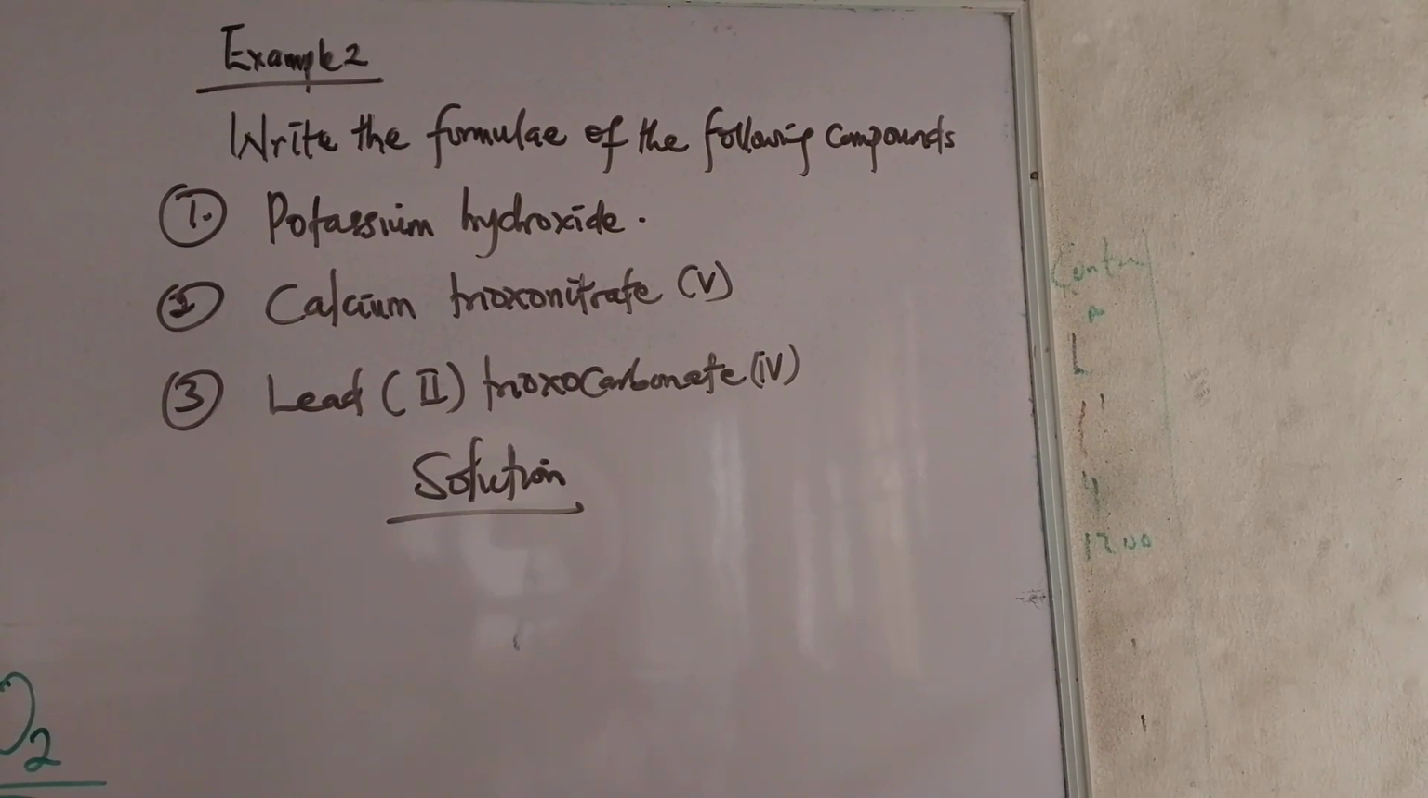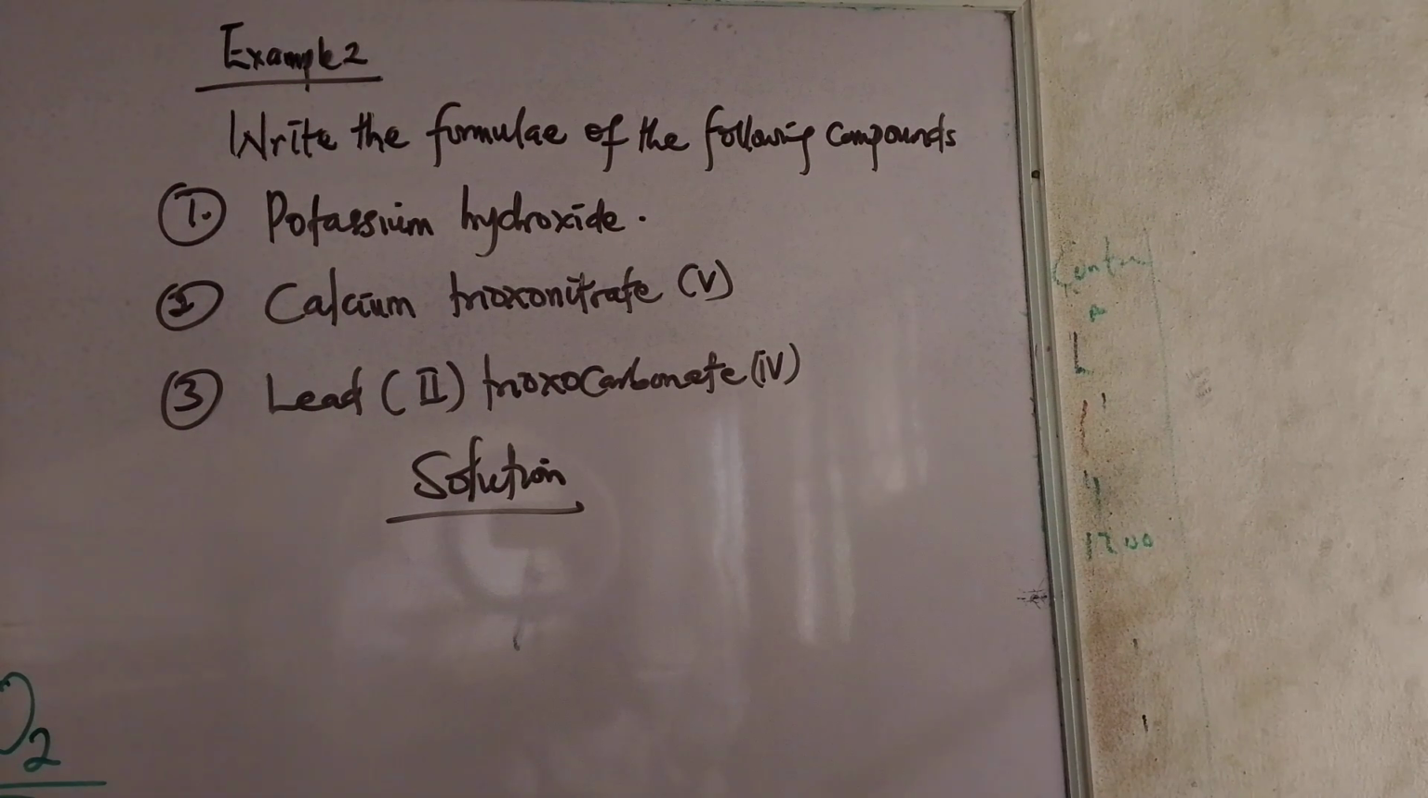This particular one, we want to write the formulae of the following compounds: potassium hydroxide, calcium trioxonitrate(V) and lead(II) trioxocarbonate(IV). How should we write the formulae? Now, potassium hydroxide,